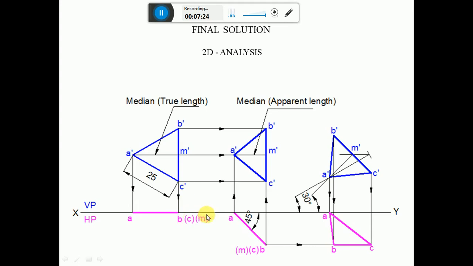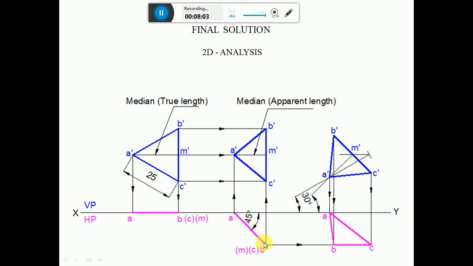So as one of the corners is resting on VP, you take that point A, consider any point at some suitable distance and mark the point as A. Then by using the protractor, you measure an angle of 45 degrees with respect to the XY below, as HP is below the XY line, and draw an inclined line. Then you measure the distance from A to B by using the compass with A as center, cut an arc on this 45 degree inclined line, and name the point as B, and C and M in brackets. Then join A to B with a dark line.